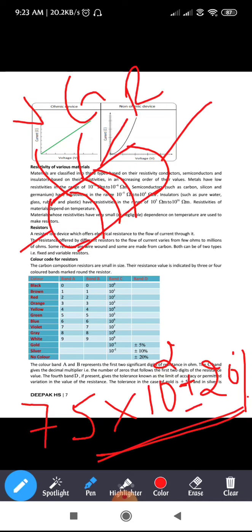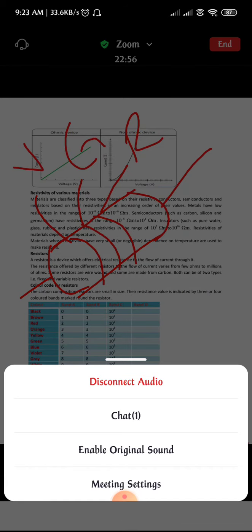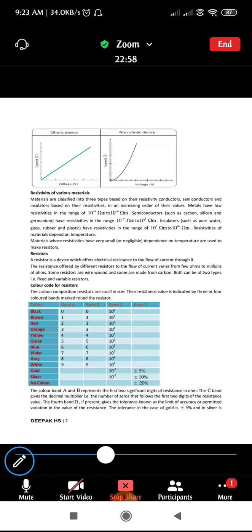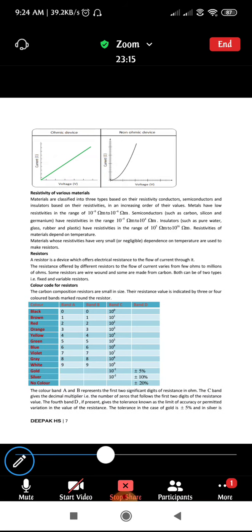In Part A, in the first section, that is the first main 1 mark question, it is a sure question. So in case you have any doubts, please let me know so that I can clear your doubt, and if no doubt, we will move to the next topic. I just want to know whether it is cleared, whether you have understood. Please do reply whether you have understood or not.